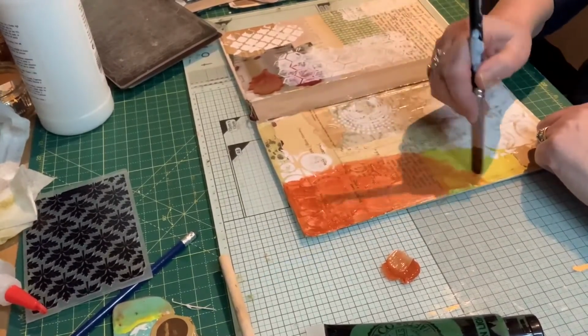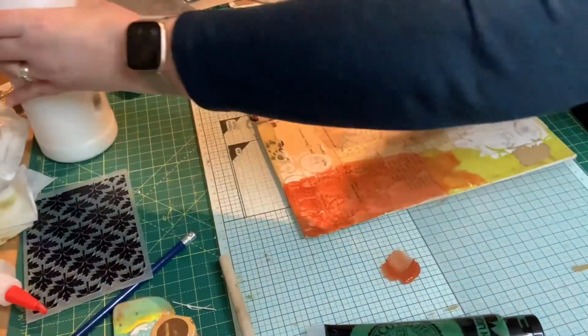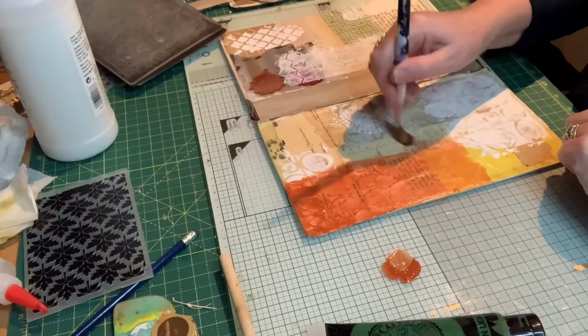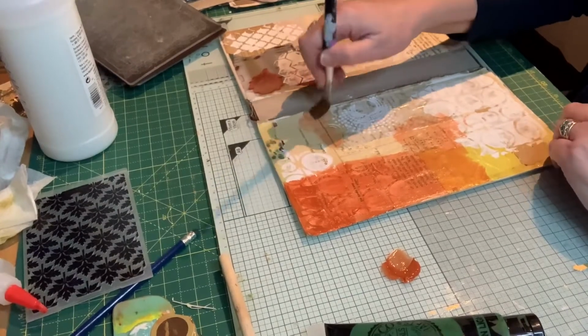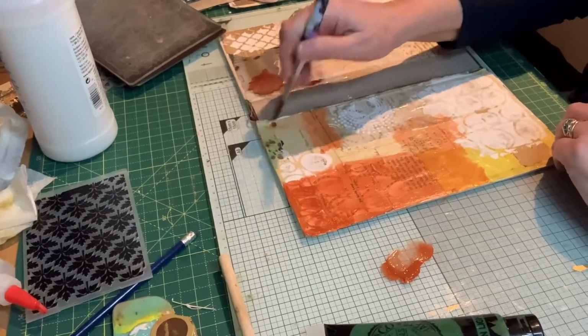This has just got this stuff on it, this Liquitex, so I don't know, it doesn't seem to not be covering it, it seems okay. So I've just done a bit of that, just really to, and I'm just going in different areas. I'm not doing any particular